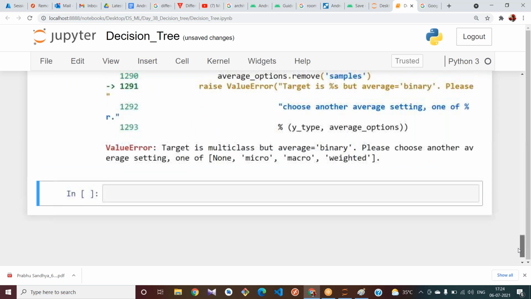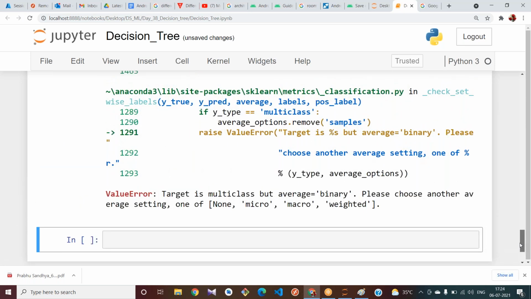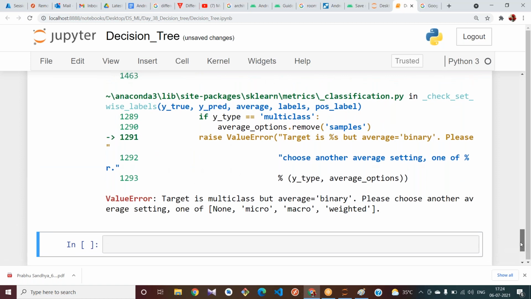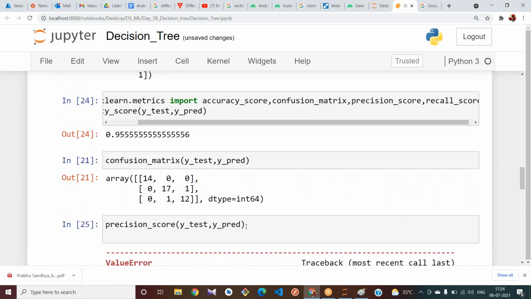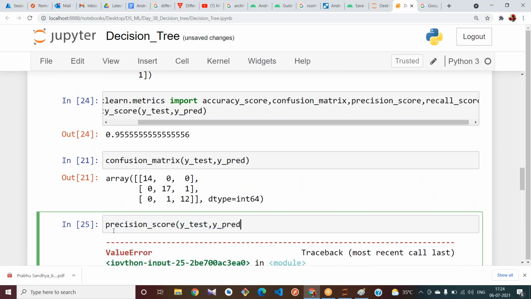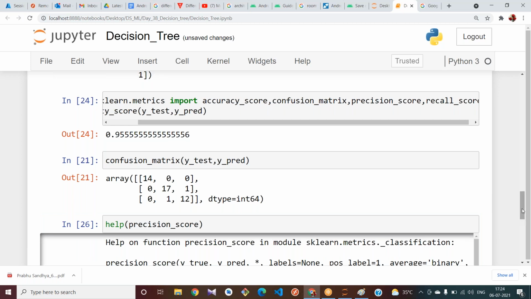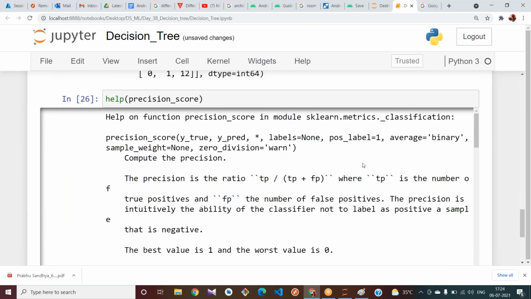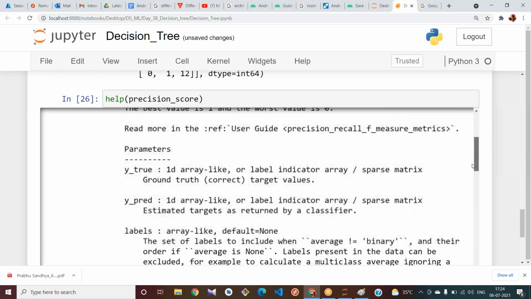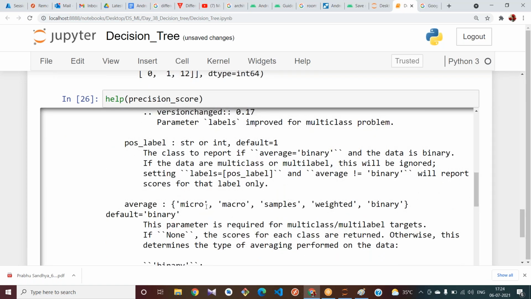Target is multi-class. Okay. Let me see precision_score help. By default, average equal to binary.